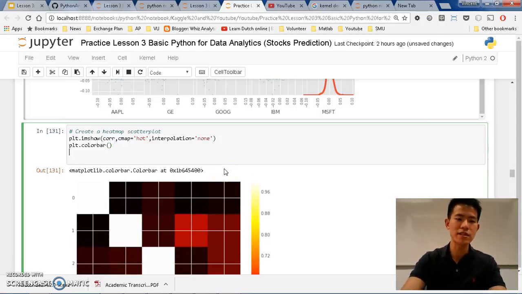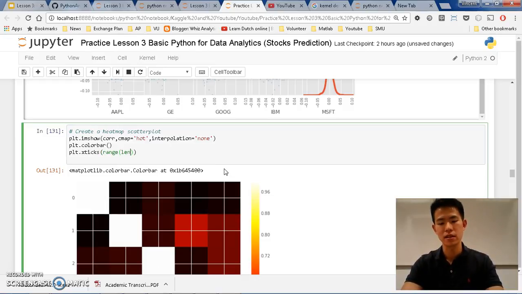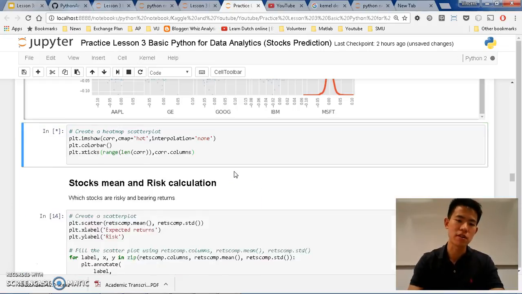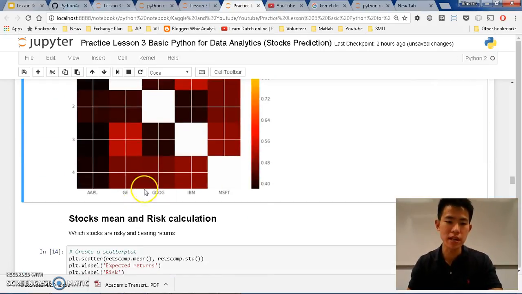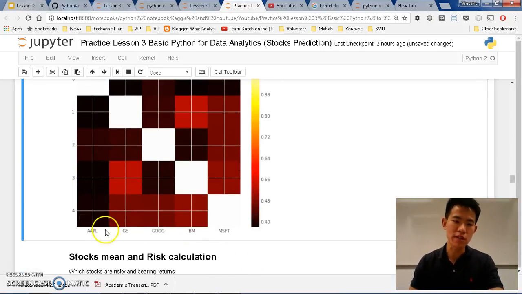Another one that we want to show is the ticks. These ticks will be cut from the correlation column, so it will be the range of the length of the core. Given how many the length of the core is, this gives me the columns of the core. So if I run this, you can see that now we change the 0, 1, 2, 3, 4 into